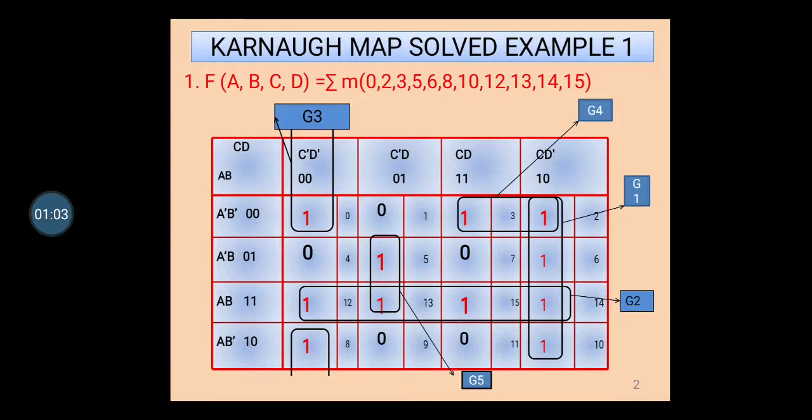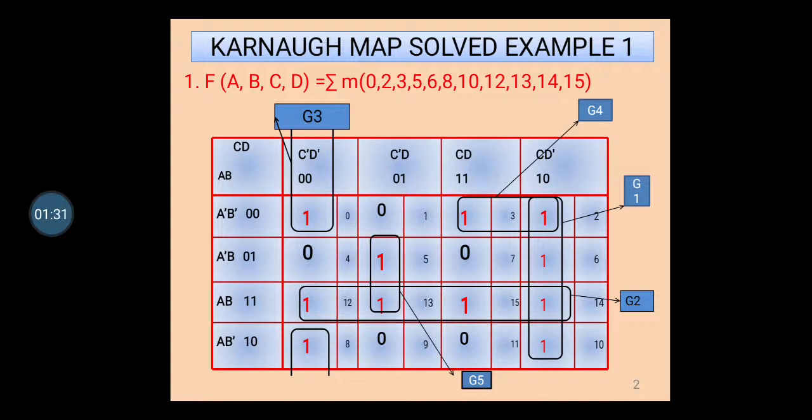And if don't care conditions are there, then you have to put them in the output of the K-map table with cross marks. Now we have solved one example here. The given equation is having summation of m. That means these are nothing but the min terms, therefore it is your SOP equation. Now the very first thing is you have to find the highest number. The highest number is 15. Therefore, we are going to use a 4 input K-map table.